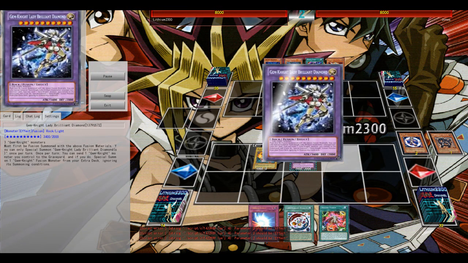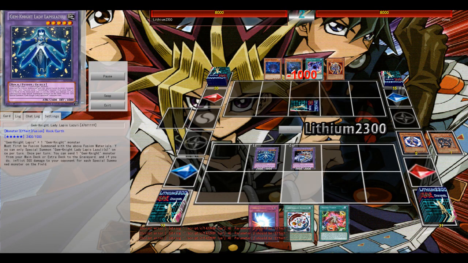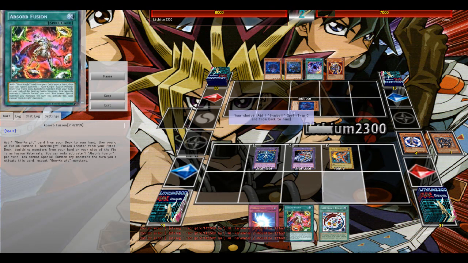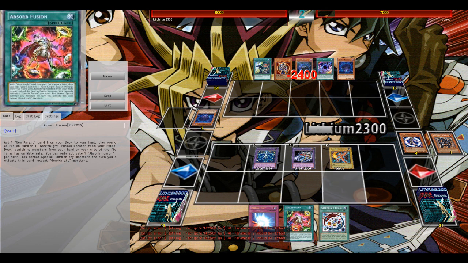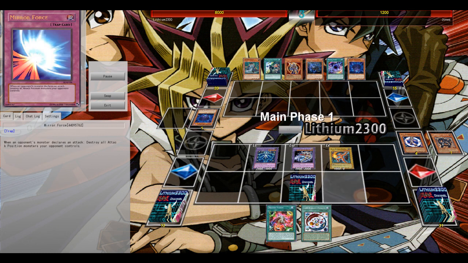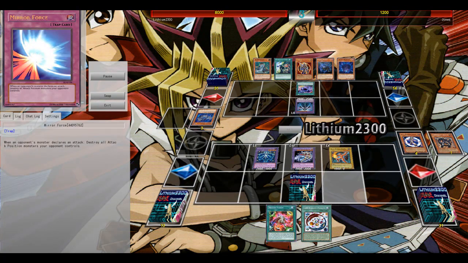I can establish a decent board with both my Lady Brilliant, use this effect to special summon my Lapis Lazuli, send my regular Lazuli to the grave, again to take back a normal Gem Knight added to my hand. Normal summon it, again deal some nice damage. He's left at 1200, but yeah, even though this was pretty much one of the strongest openings or moves currently